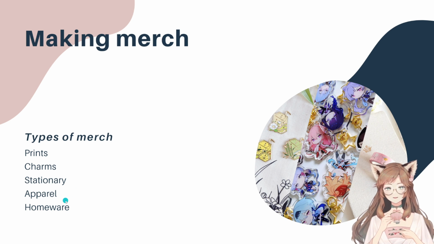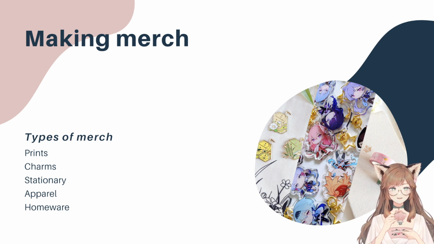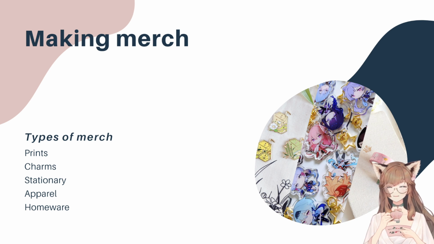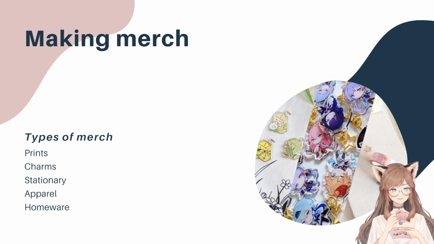You got apparel, that's like t-shirts, hoodies, hats, socks. I've seen a lot of cute berets and stuff as well. And then homeware like mugs, little plant pots or something, stuff that you use in your home.